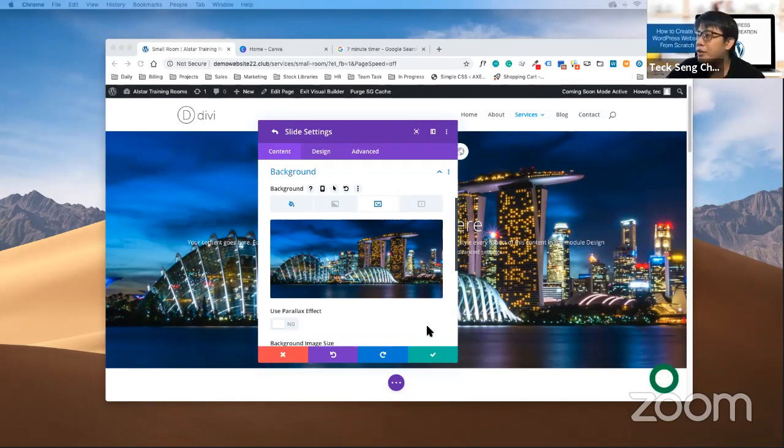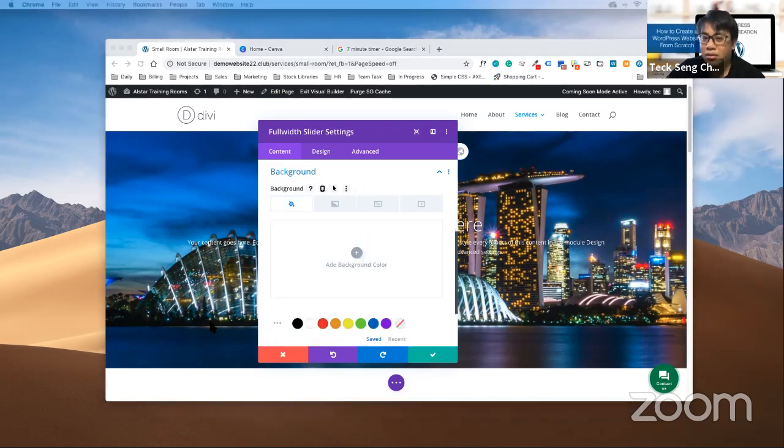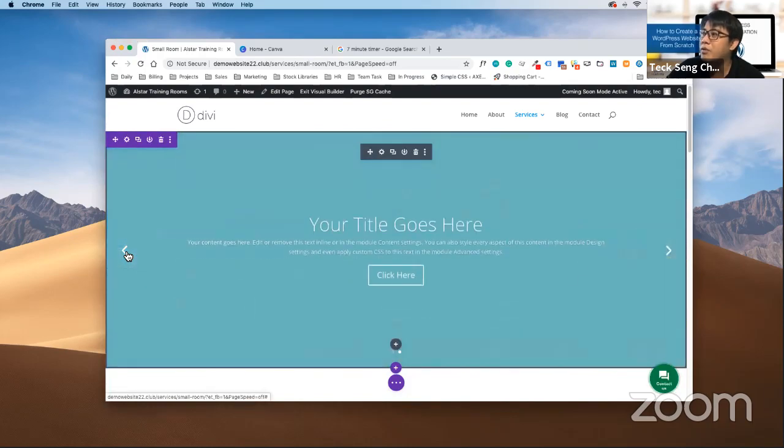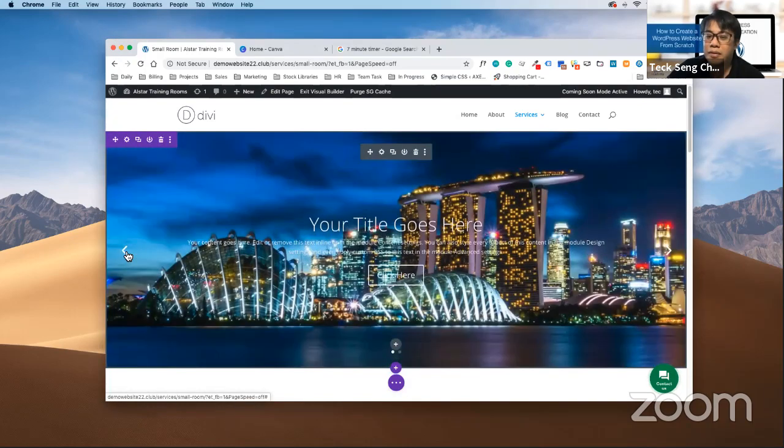Now let's move on. So just to check, you take all the way out until you are back here. Right now you should see the image, and when you click on the left right arrow, it should change the background. Yeah, correct.